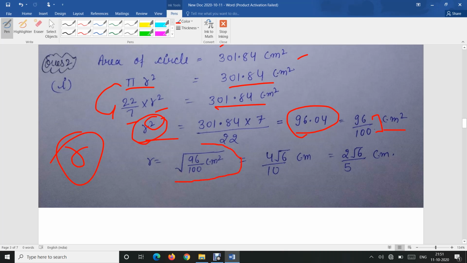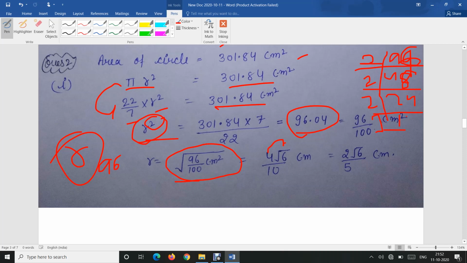So the square root of 96 will be 4 root 6. I have told you about the square root. You can find it in this way: 2 4s are 8, 2 8s are 16, because this is 96. 2 4s are 8. This is 96. Now 2 2s are 4, 2 4s are 8.